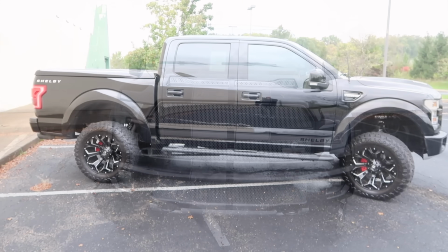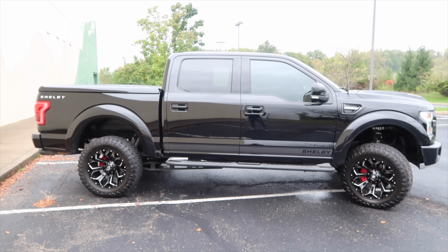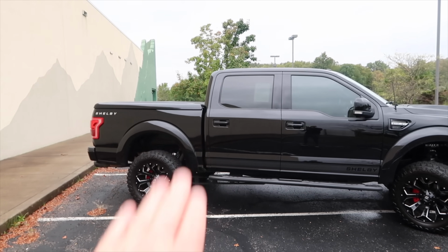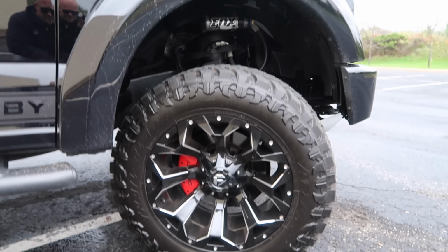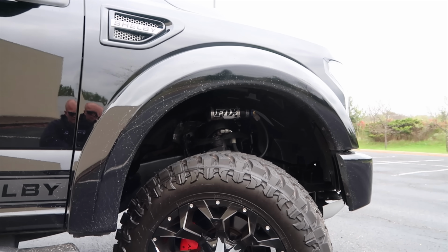And this is also a dual intake ram air Shelby Super Snake hood, and it makes this truck look so beefy. Now this truck originally comes with 18-inch wheels that are Shelby engraved, of course, Baja designed wheels that are still available for this truck, but the previous owner put fuel wheels on here, and yeah, they're pretty good looking wheels, matter of opinion of course,